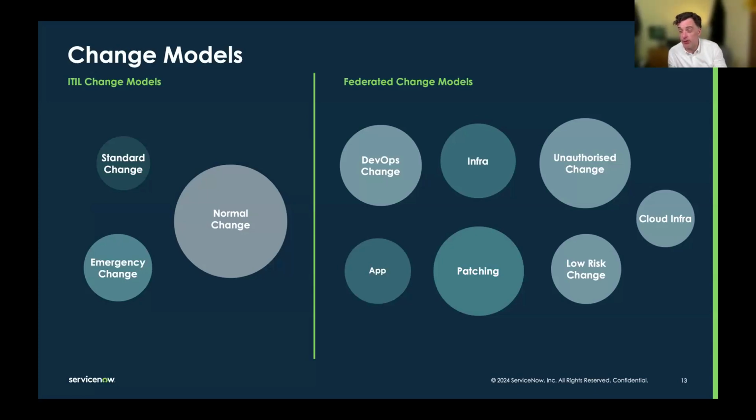We use user criteria, which is like for the catalog, so you can say a whole load of different queries to make this specific group able to use this type of change, or that this group can't look at this change. The idea is when you arrive at that change form in SOW, Service Operations Workspace, it should only present you with the changes that you're meant to be using.